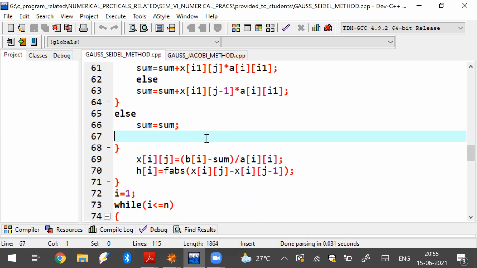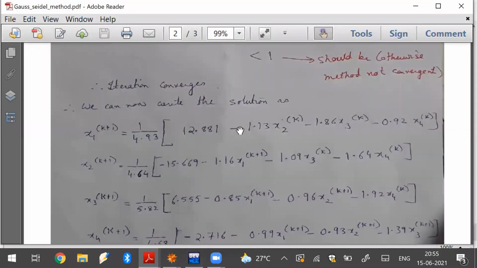For the jth step, I am doing this calculation. Then what I have to do? This is the summation part we have done till now. That means, forget about this minus, this whole summation thing I have done. Again, this whole summation thing I have done. Again this one, everything, depending on how many variables you have, I have done that.